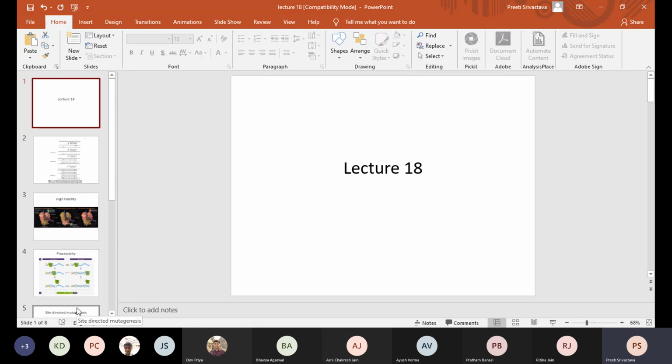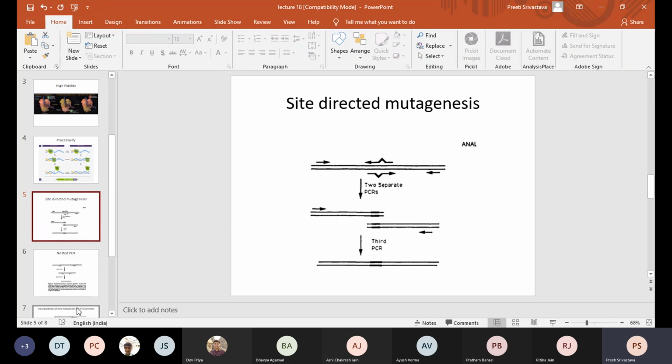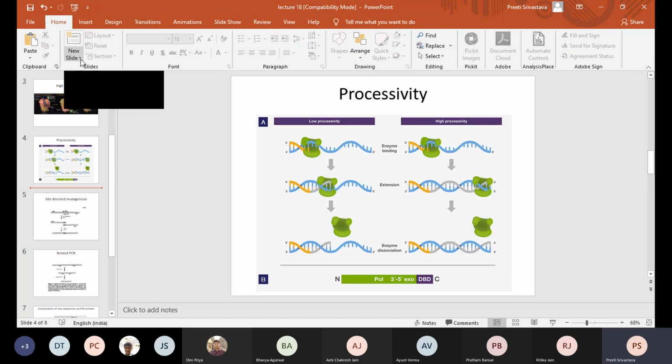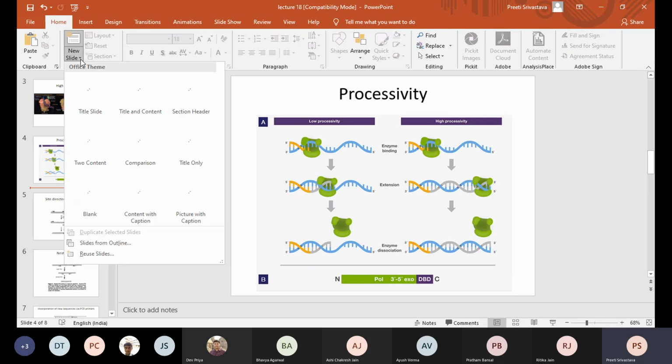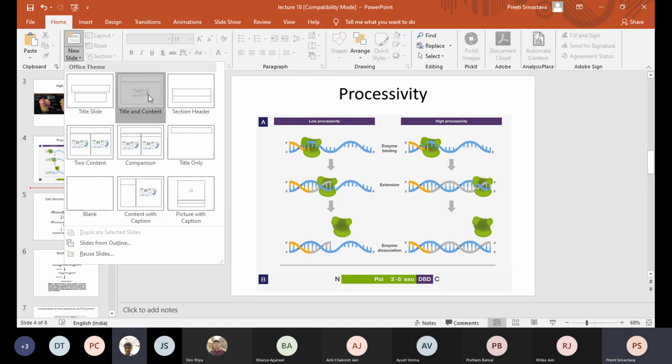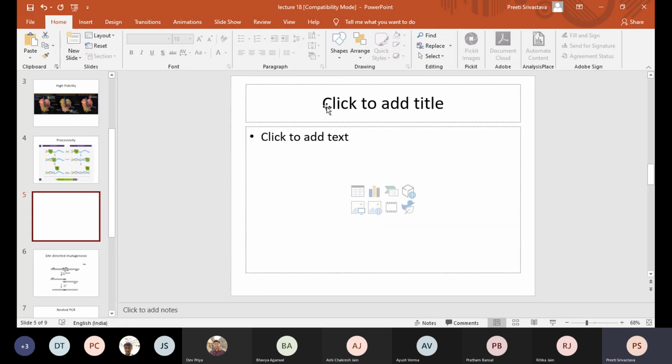Okay, so then I think we also discussed random mutagenesis, and we discussed two different approaches. One which was using Taq polymerase, and the concentrations of magnesium chloride and manganese. You remember that? And then the second one was using mutazyme. So I hope random mutagenesis was clear to the class.